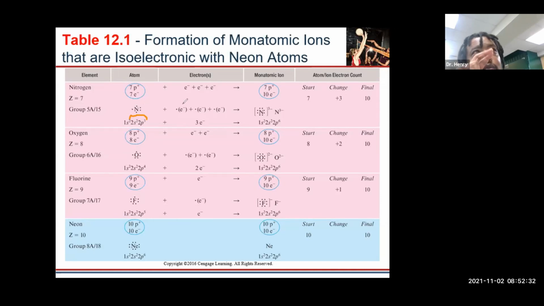So that means it needs 3 more electrons, and then it'll be just like neon. And we would say that this guy is called isoelectronic to neon because it has the same number of electrons as neon. Okay. So if we look at the periodic table again,